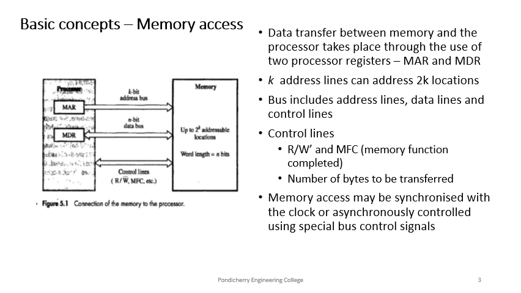This diagram shows the basic connection between processor and memory. In the simplest sense, the processor interacts with memory using the registers MAR and MDR. This we have seen in the basic computer case, right? MAR stands for memory address register, MDR stands for memory data register. And we have address lines, data lines and some control lines connecting the processor and the memory.